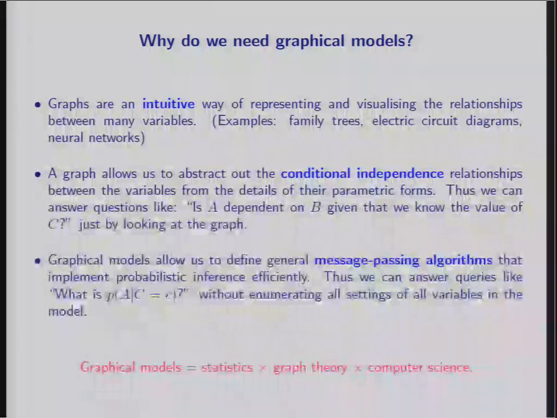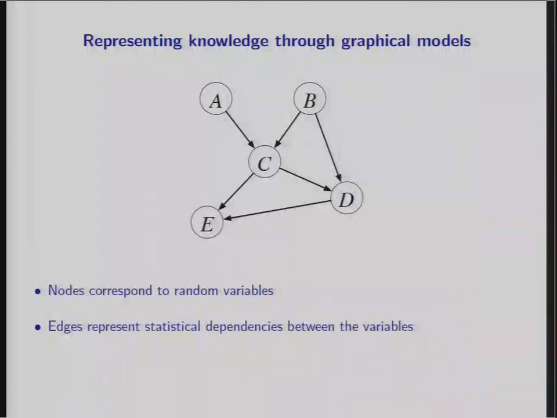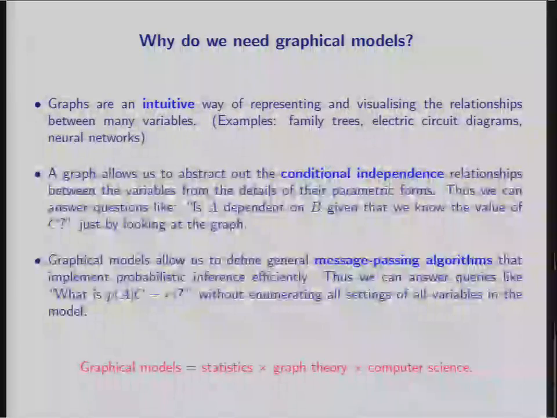I don't have to write down all the equations or make an assumption about whether this is Gaussian or Poisson or Dirichlet or anything like that. I can make a general statement about what depends on what. And that is hugely useful from an abstraction point of view. And that aspect of graphical models